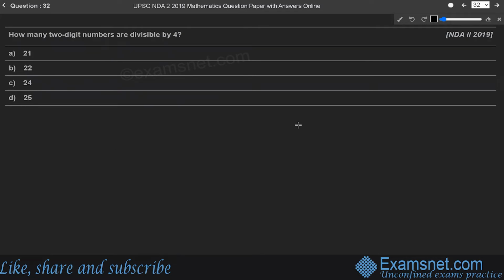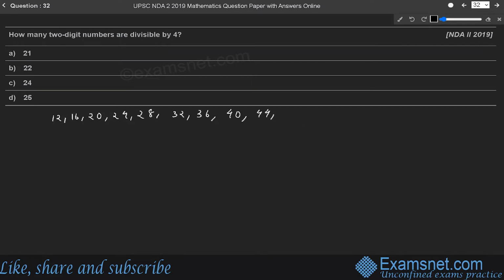Next question is, how many two-digit numbers are divisible by 4? We know that a number is divisible by 4 if the number formed by its last two digits is divisible by 4. So the two-digit numbers divisible by 4 will be 12, 16, 20, 24, 28, 32, 36,